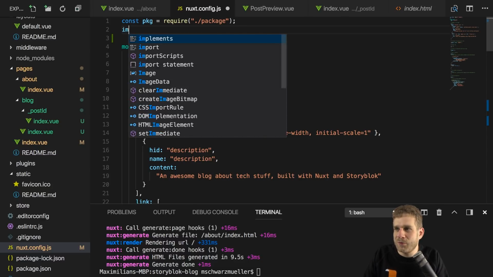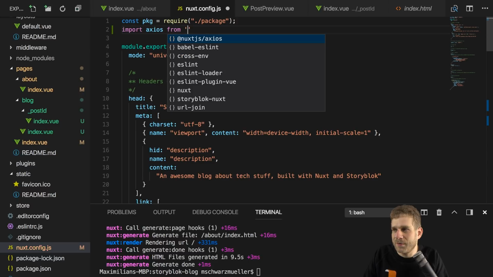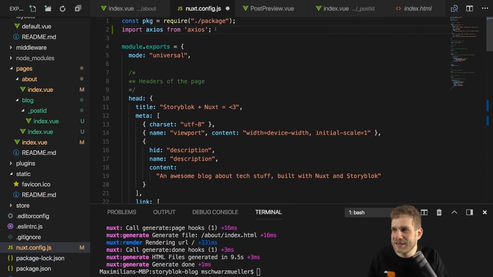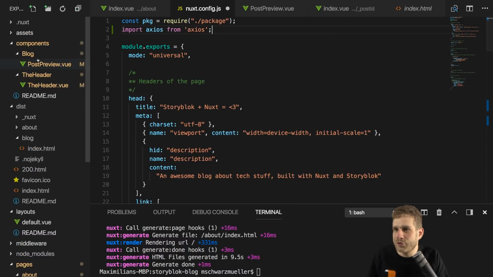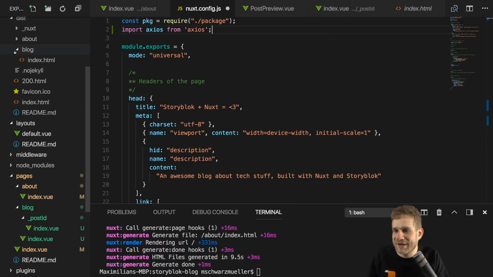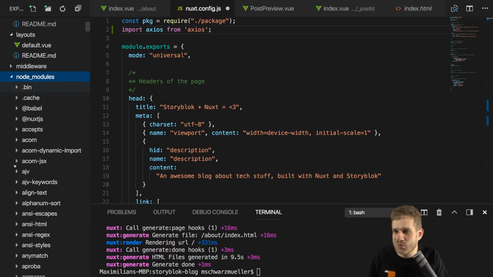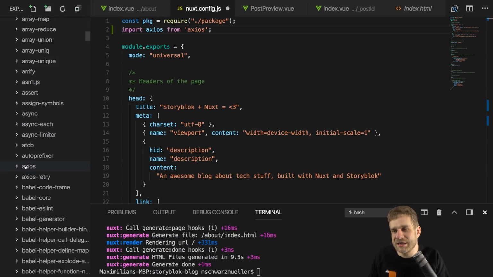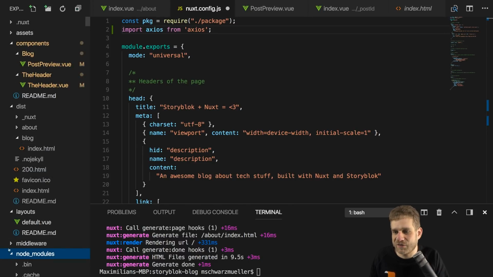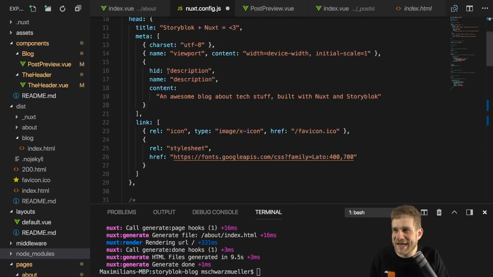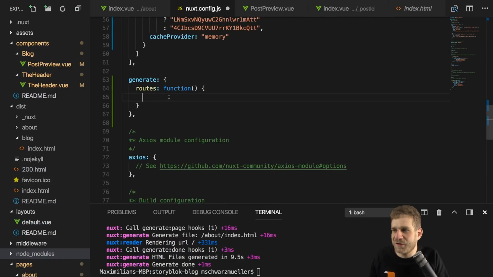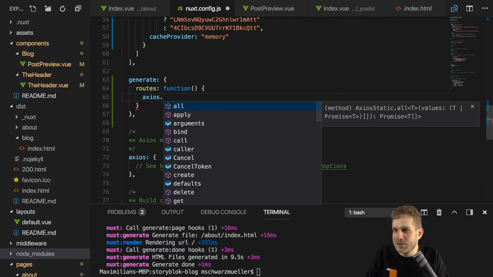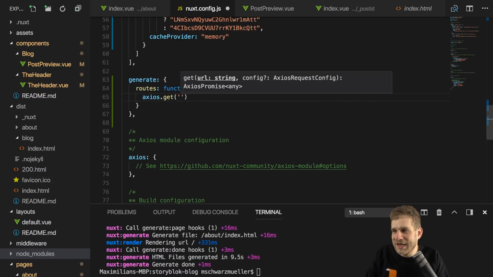So I will simply import axios from 'axios', like this. We do have that folder in the node_modules folder. We should have it there at least. If we go to node_modules, you should have this axios folder because it's a dependency of the Nuxt.js axios module. So we're importing axios here. And now with that, in this function, we can use axios to make a GET request. And now we want to make that GET request